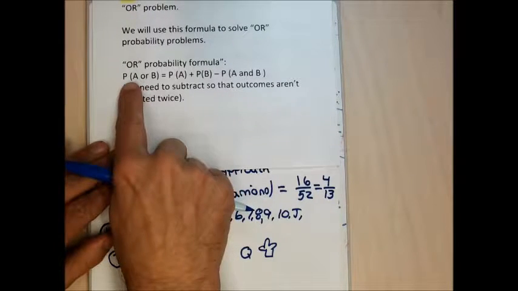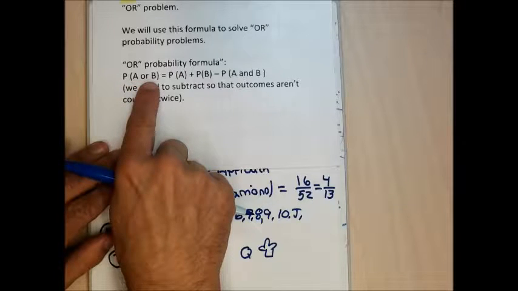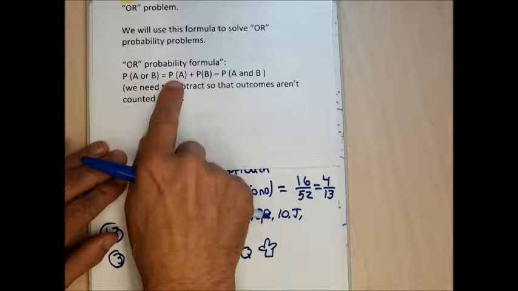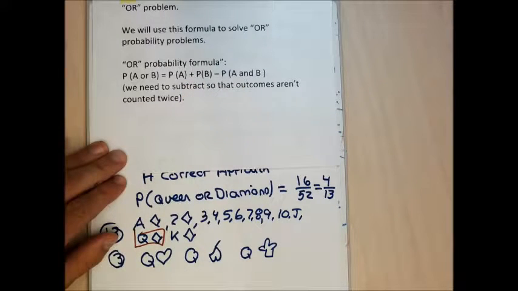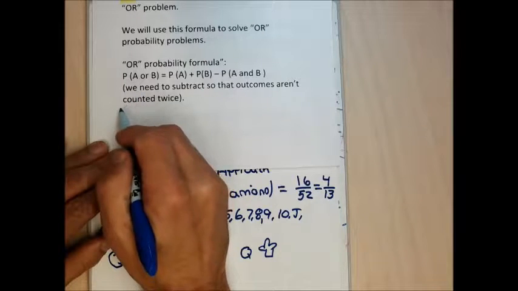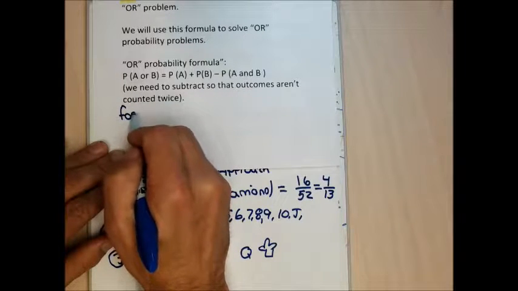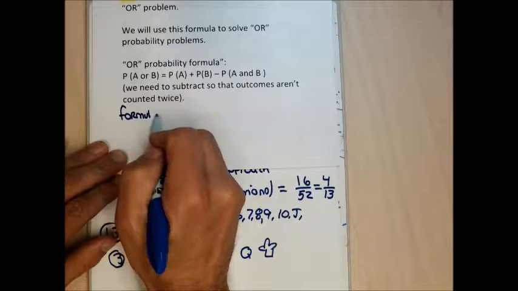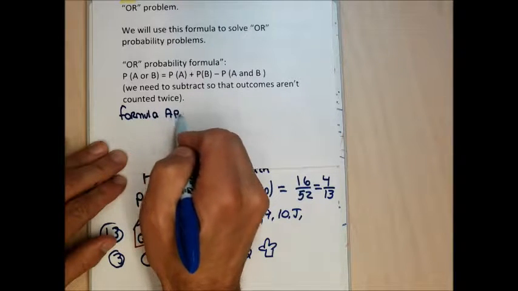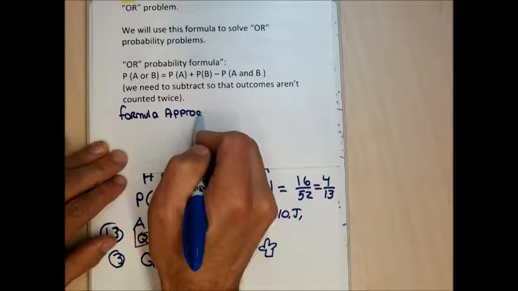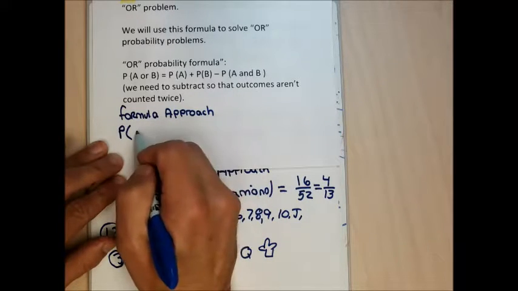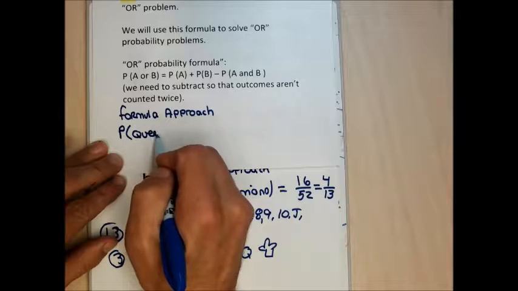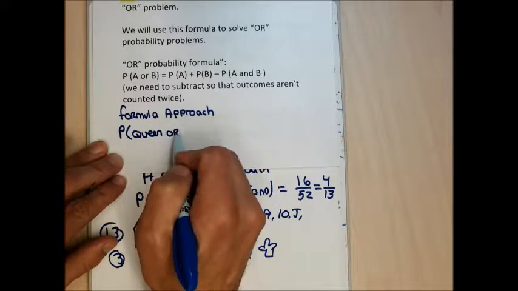The probability of event A happening or event B happening is the probability of event A plus the probability of event B less the probability of event A and B happening together. And for this particular problem, the formula approach would be this. I'll put words instead of those letters. I'll say the probability of getting a queen, which for me is going to be event A, or a diamond,